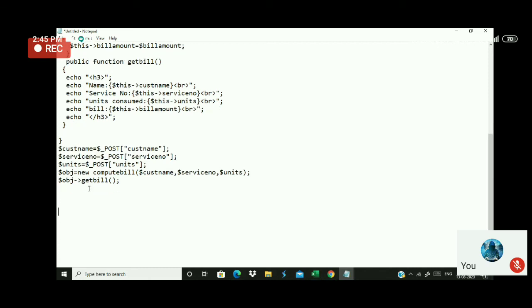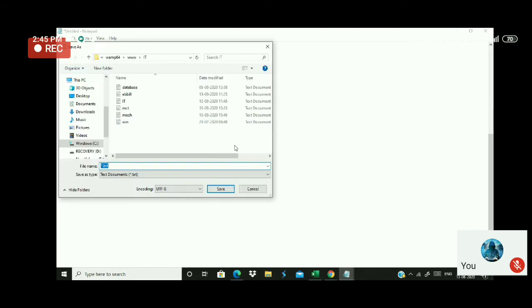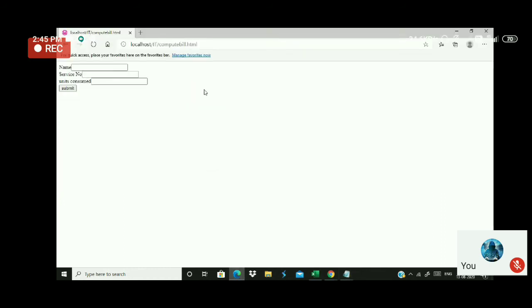I just close this Excel file. I'll do it on a step by step basis. Now I name this file compute bill.php. Now I give the name here.